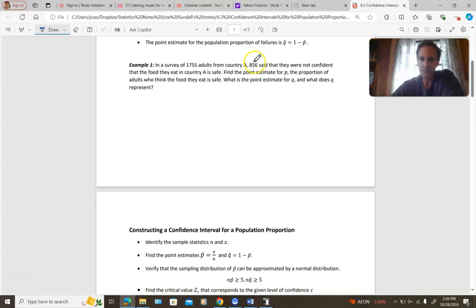So the 856, these are actually people that don't feel confident that the food is safe, okay? And so if we're trying to find a point estimate for p, that's the proportion of adults who think the food is safe. So,